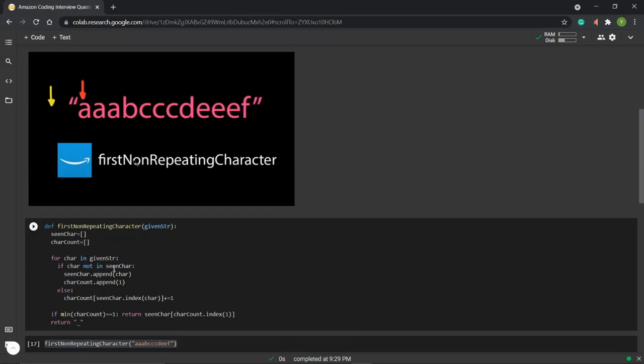If that character is not in the seen char, that means this character has not been seen before. What we do is append this character to the seen char list. We are also appending the number 1 to this char count, which measures the frequency with which we are seeing this character. Because we're seeing it for the first time, we're just appending the number 1. Otherwise,